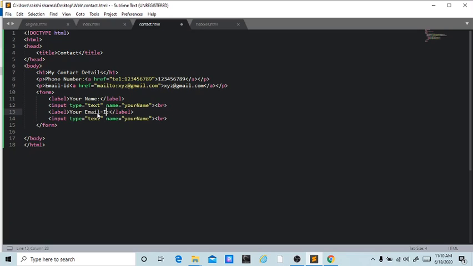input type, email, and let's create the other label, your message. We'll not add input type here, we'll be adding text area.